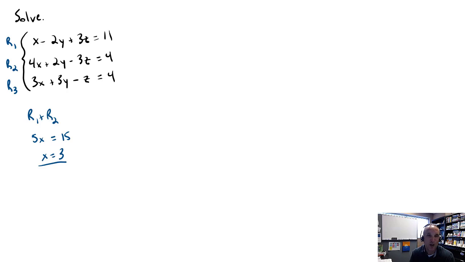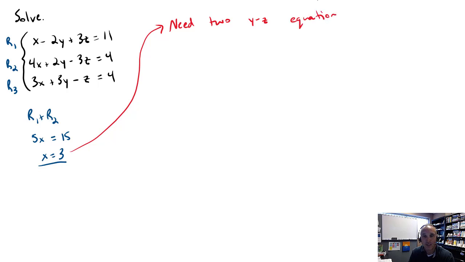I know x, I need y and z, so that's kind of a hint that I need two y-z equations. So I need to eliminate x in order to get two y-z equations. Well, I've already used rows 1 and 2, so I don't want to use those again. So let's use row 1 and row 3 to